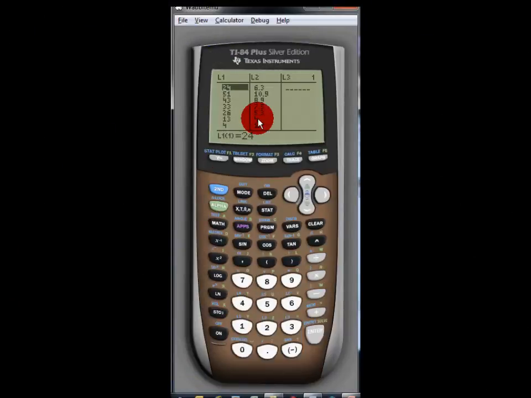Alright, let's go back to the TI. I've already put the degree days list into list 1 and the gas list into list 2. So now let's try to recreate the residual plot. The first thing you need to do is make sure that everything is clear. So that's clear, that's good. Let's go to